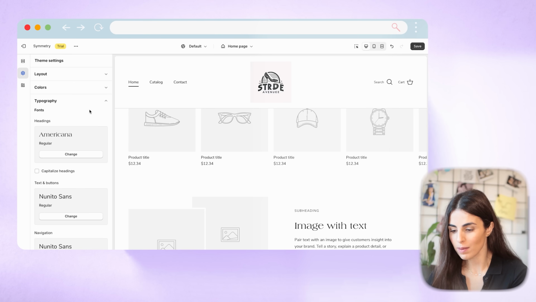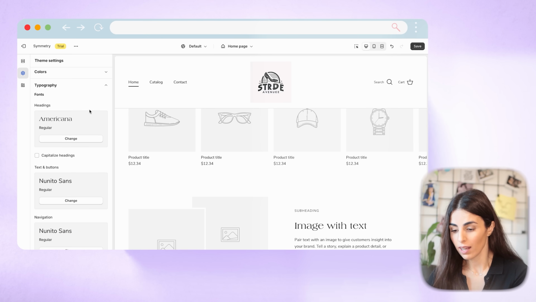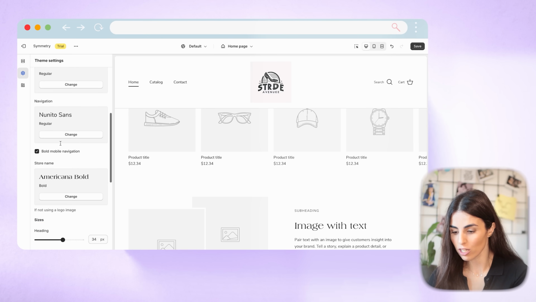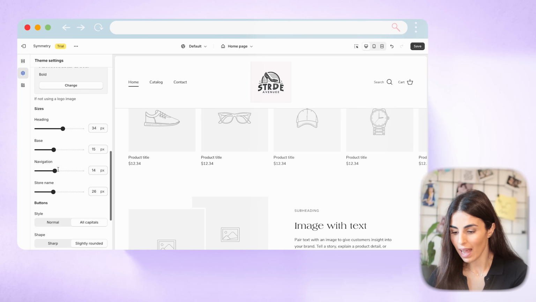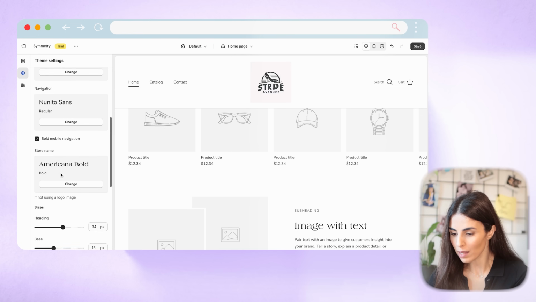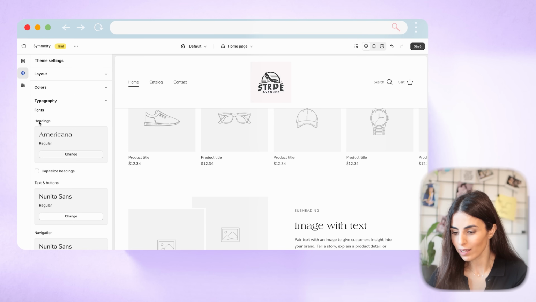As you can see, this theme in here allows you to change the fonts for the heading, for the text and buttons, for the navigation, and for the store name. And it allows you also to change the size and the style of the text on the buttons. So let me start from the beginning. This is for the heading. This means the main heading on the store. I'm gonna keep this one actually because